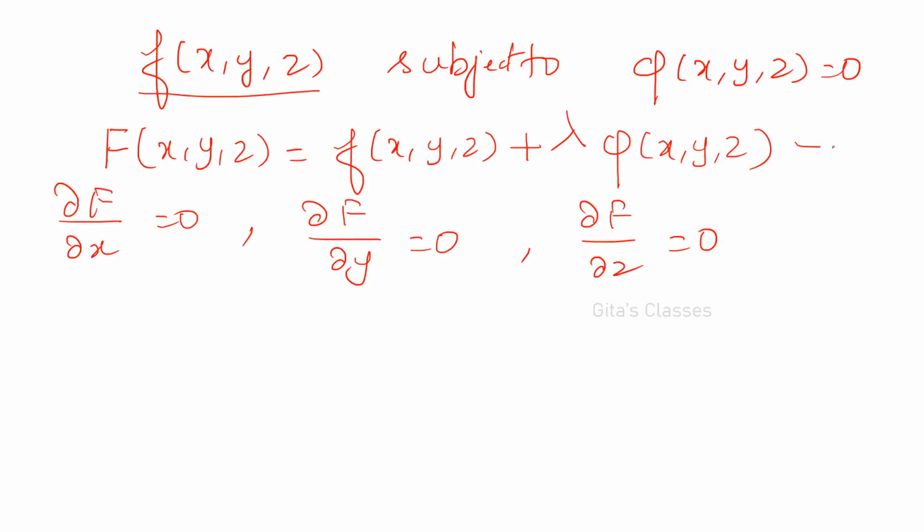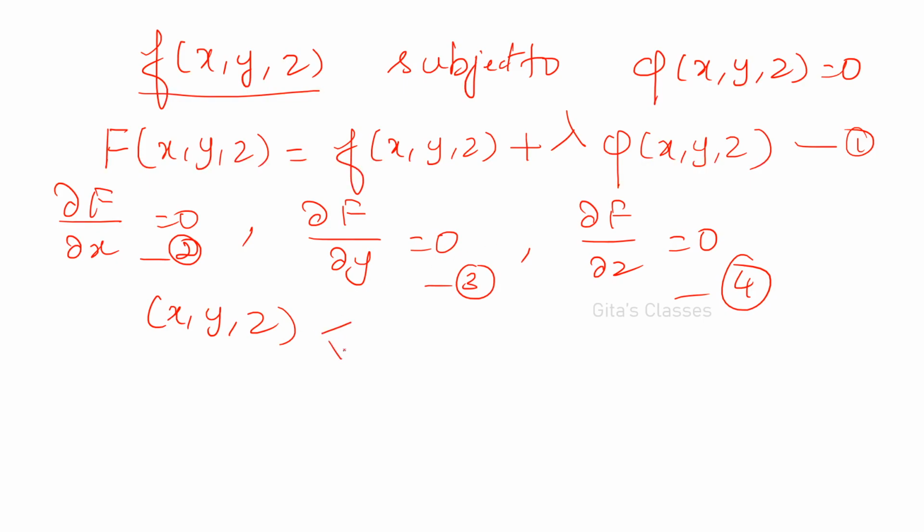Now we have four relations: equation 1, and equations 2, 3 and 4. Solve for x, y, z. You eliminate lambda and find the values of x, y, z using these four equations. Now this may be maximum or minimum. If you get only one point, whatever is asked in the question, that should be taken as that point. Suppose it asks for the minimum point and you get only one point, you assume that is the minimum point. If you get more than one point, you substitute them in the given function, find the values, and using those decide whether it is maximum or minimum. That is Lagrange's multipliers method.